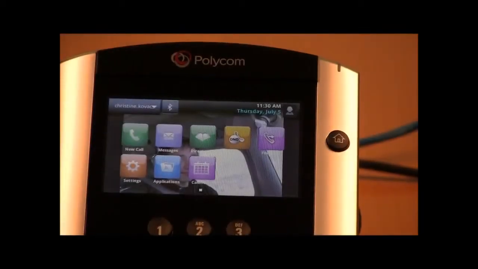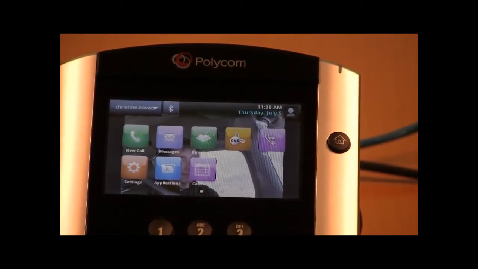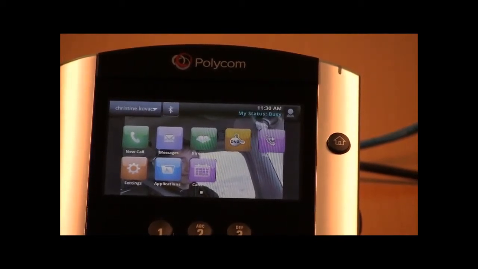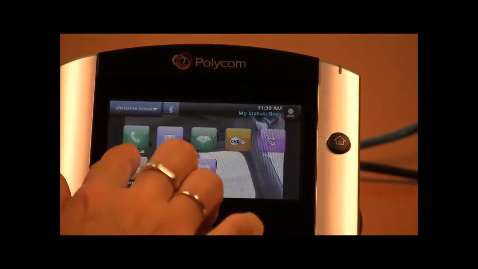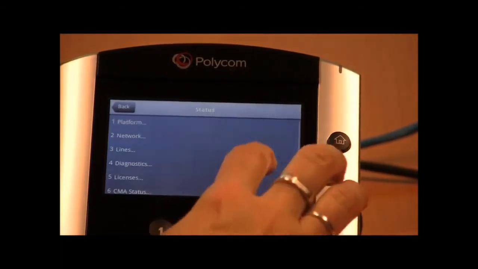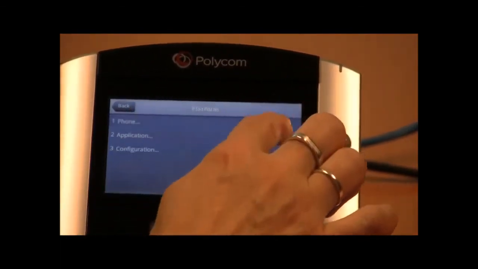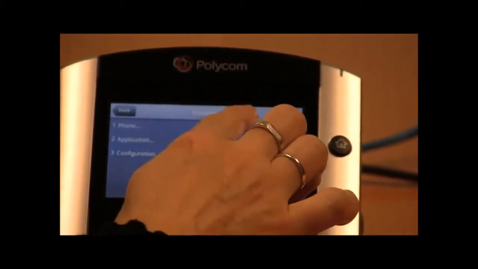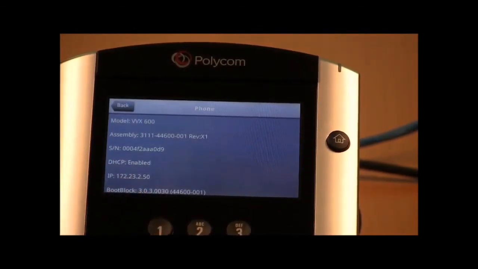Talk to you about the VVX600 web configuration utility. In order to get the IP address of the VVX600 device, on the home screen or home view, you can select settings, and under settings you can select number 4, which is status. Under status, you can get into the platform, which is number 1, and select number 1, which is the phone. On this screen, you can see the IP address, and that is the IP address we need to enter into